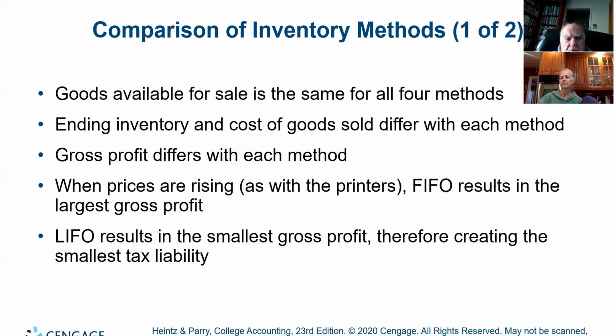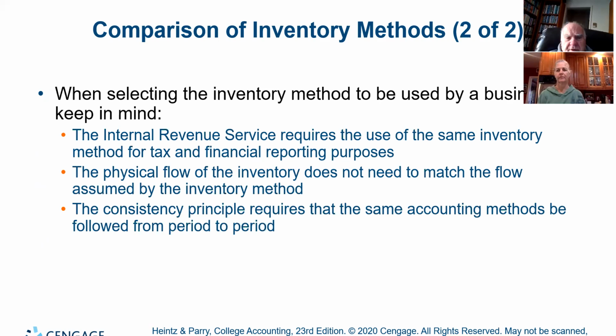So companies have a choice of these methods. LIFO results in the smallest gross profit, thereby creating the smallest tax liability. So some companies would go for LIFO for that reason, huh? Others would still go for FIFO because they want to make a big splash. They want to generate as high an income number as they can. They want to announce to the world, Boeing set record earnings this period. And to do that, they used every accounting trick they could, legally and ethically, to boost earnings.